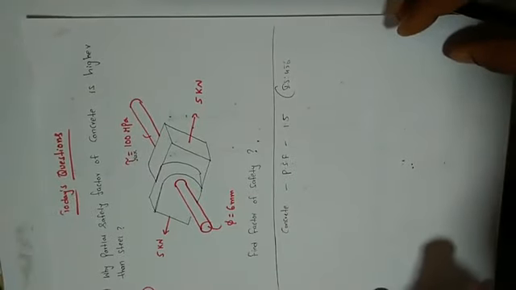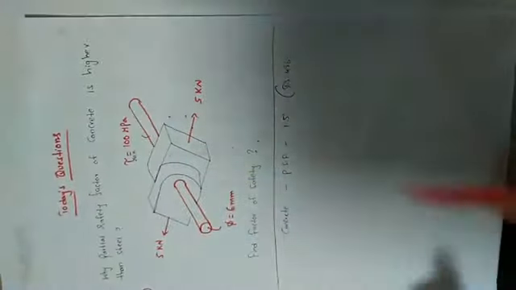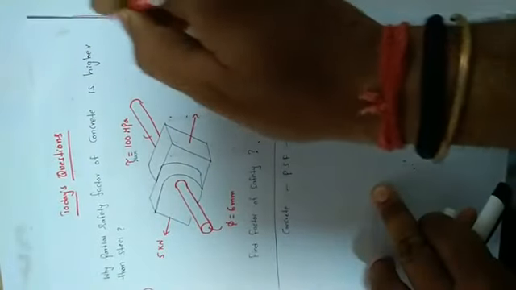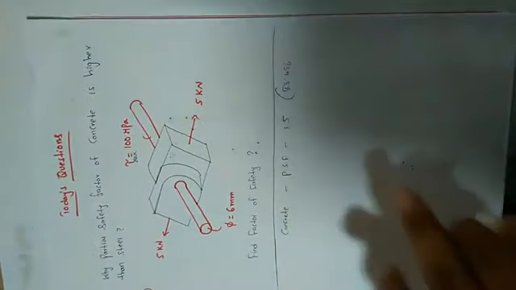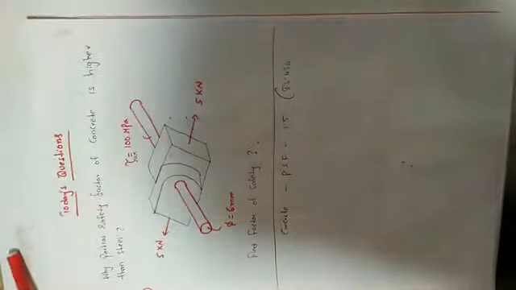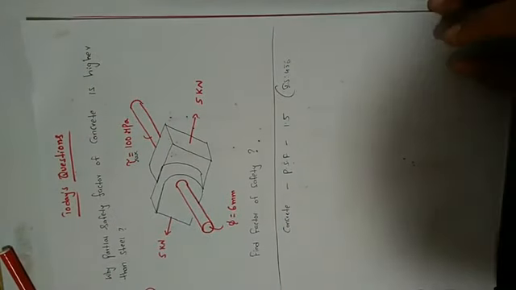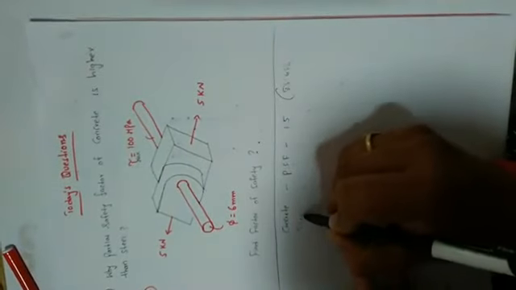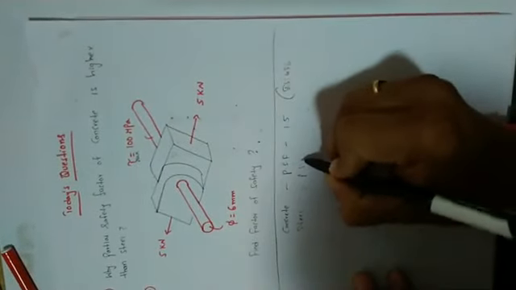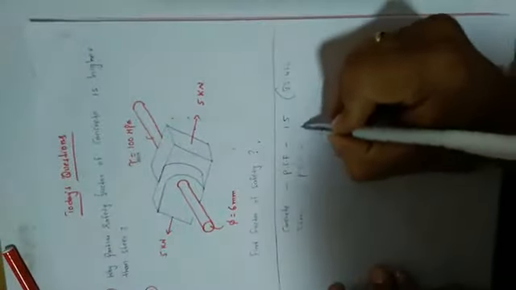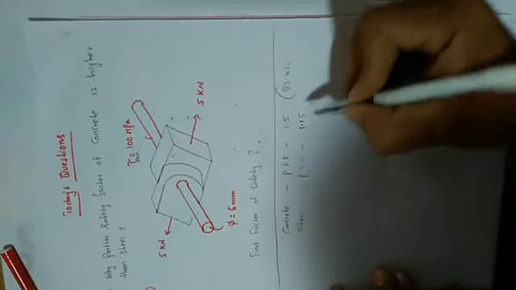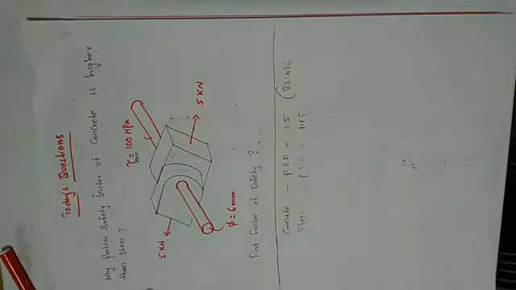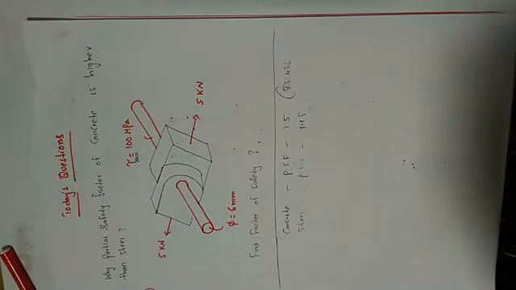Is this clear? Right. So I will make a margin here, so that I won't move the sheet. And what about steel? Steel partial safety factor? It is 1.15. So that's why my question is, why is the partial safety factor of concrete higher than steel?